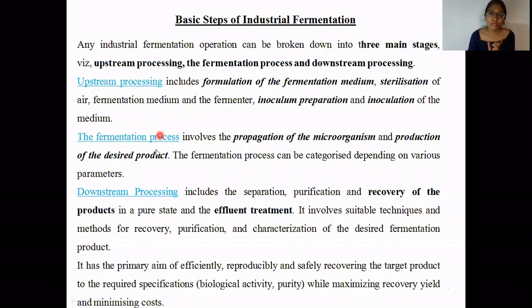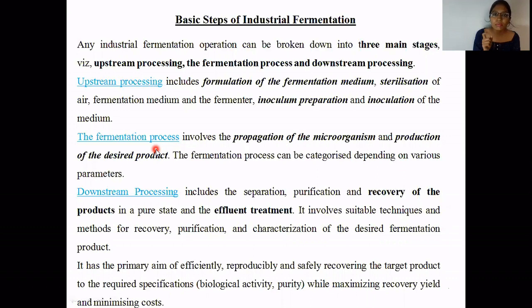Now, the word fermentation was commonly used just to denote that by using a microorganism, we are making a certain product that is useful for mankind. As soon as students hear the term fermentation, they often get confused that, oh, it is going to be the anaerobic process. But it is not so. The terminology, or you can say the process, is also applied for aerobic conditions. In aerobic conditions, microorganisms are used for making a certain end product that is used for mankind's purpose.